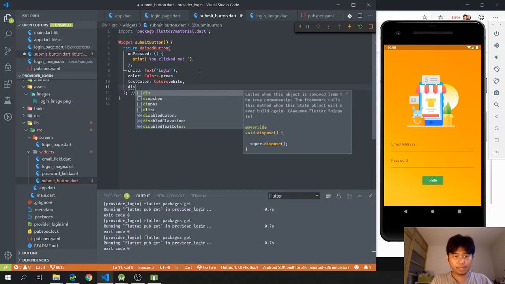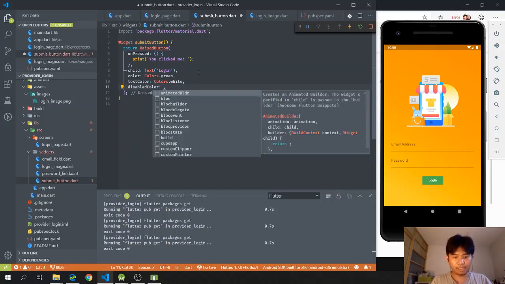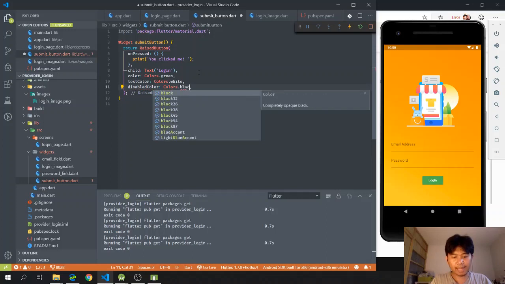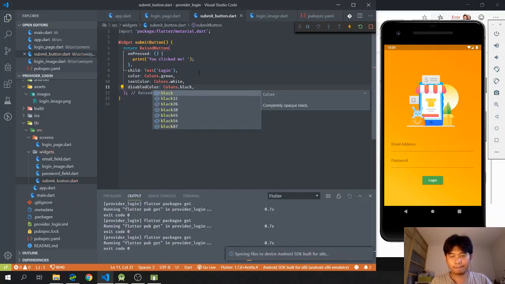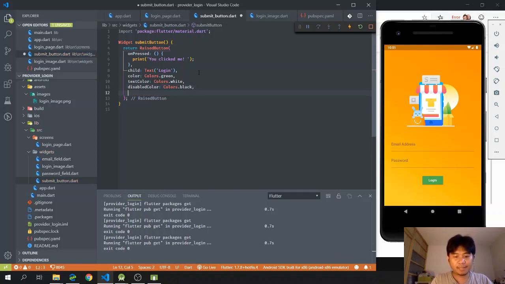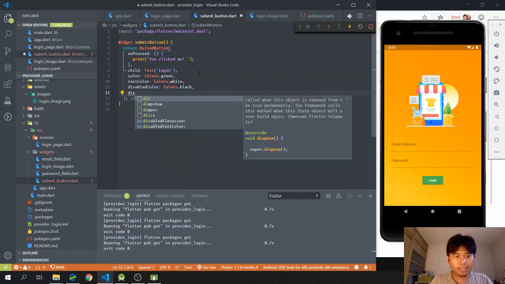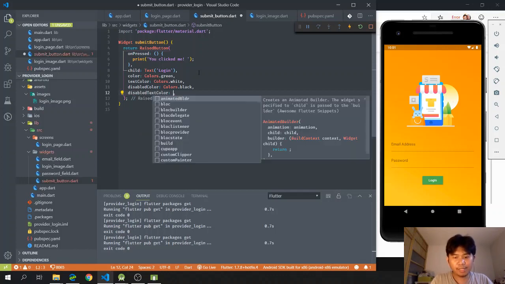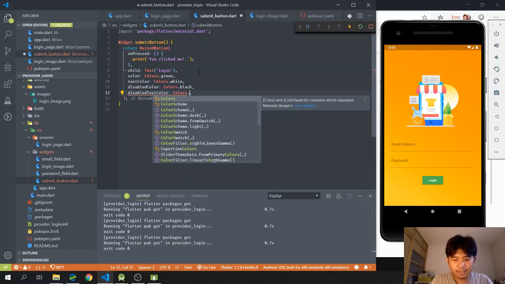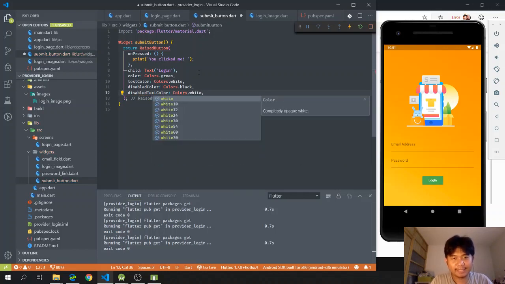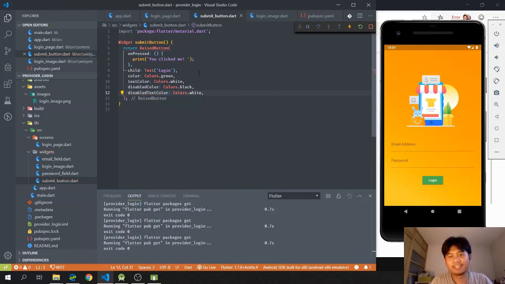So disabled color would be Colors.black, and disabled text color would be Colors.white. Okay,